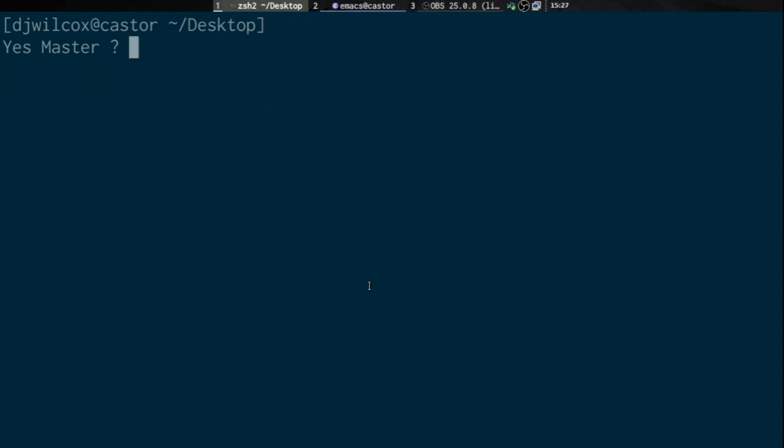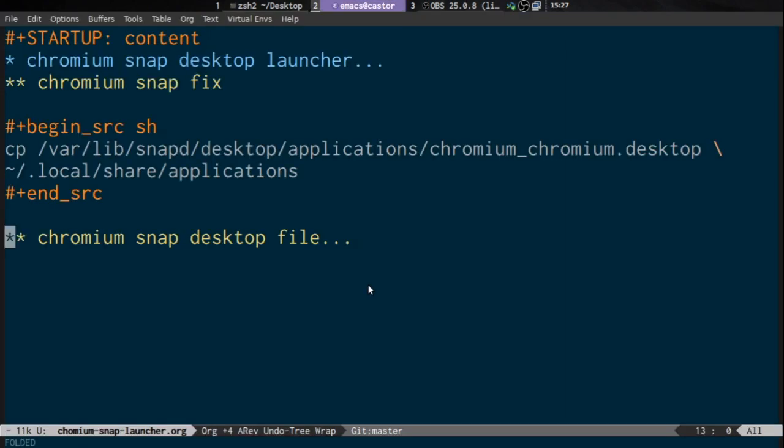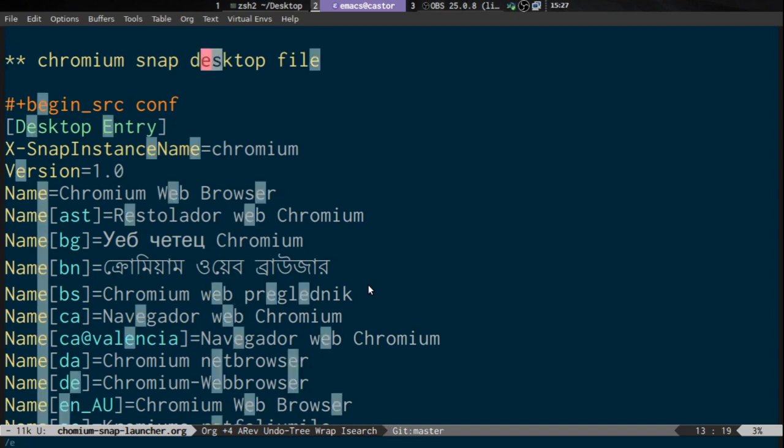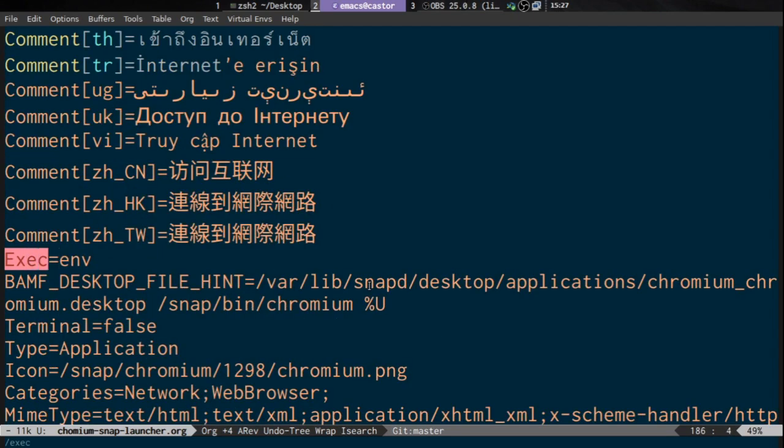So basically that's the fix for the Chromium browser desktop file for snaps not showing in your application launcher. And this may also be useful if you want to create shortcut files for actual applications that you launch, because in Chromium you can sort of save a website as an application launcher. So like if it's TweetDeck or Twitter or something, you can save the